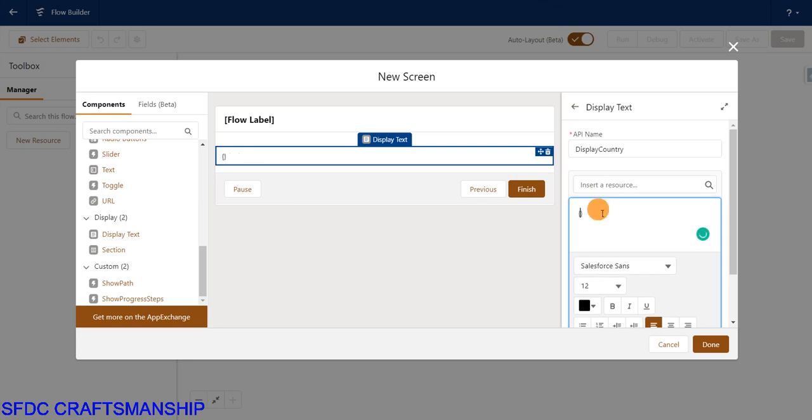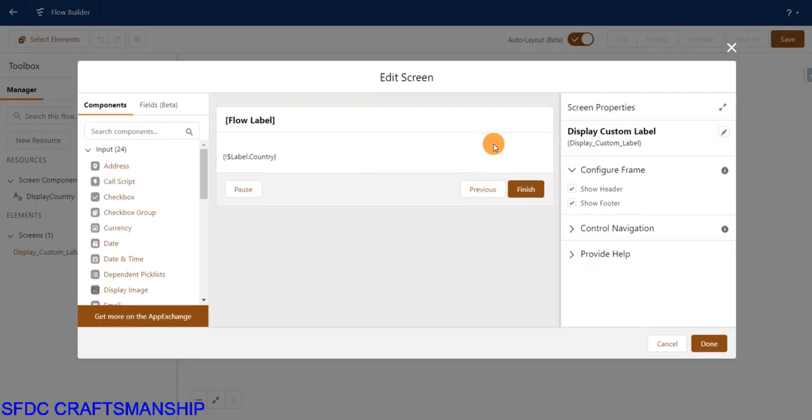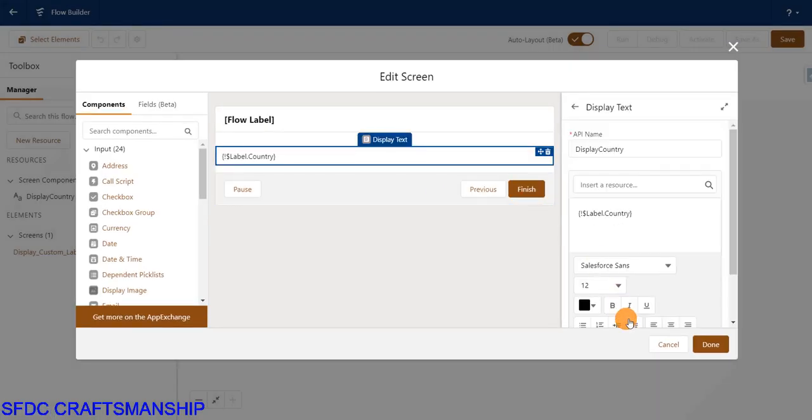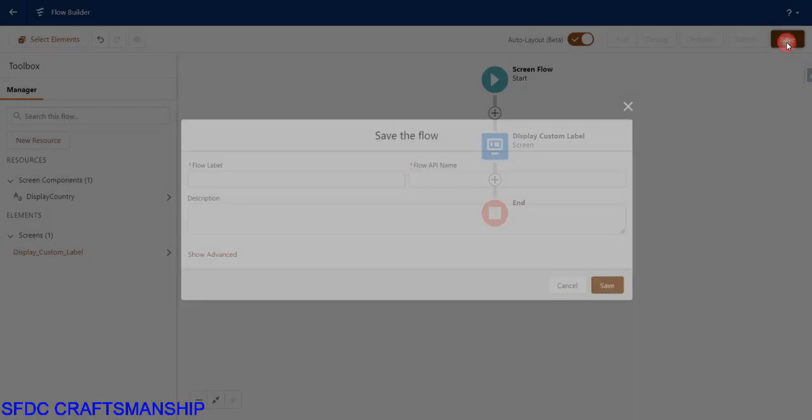So here I'm going to display my custom label: dollar label dot, the custom label which you created. So this is my custom label dot country, and just click on done. And also I'll make this text at center and click on done. Just save your flow.